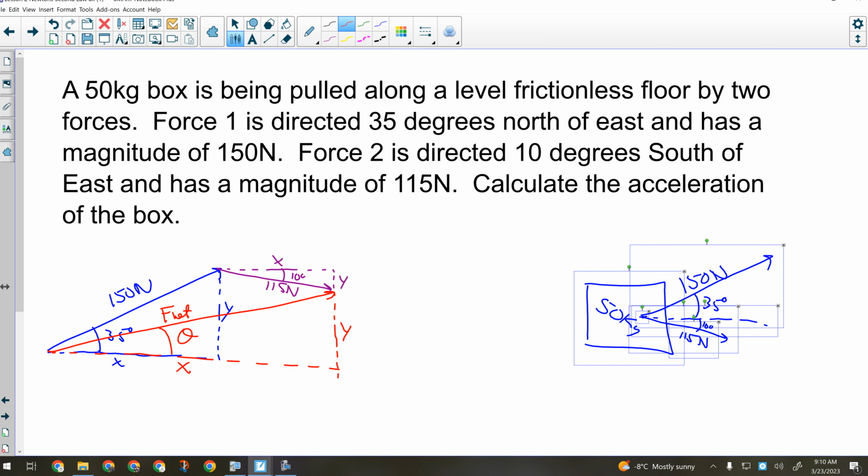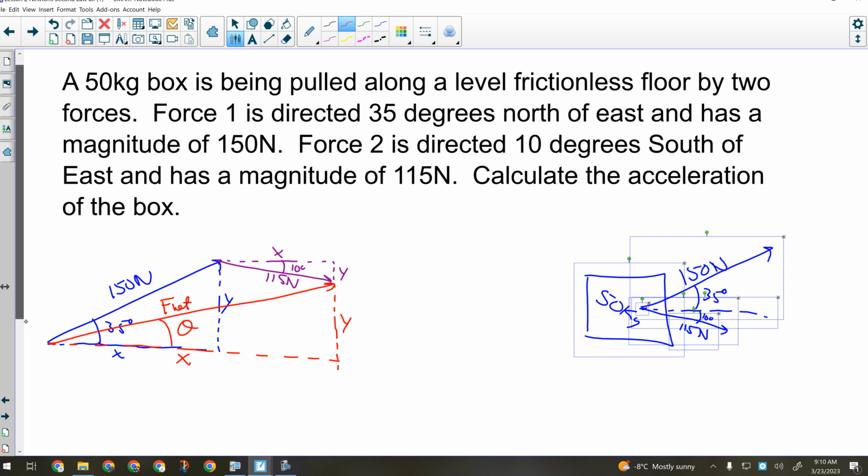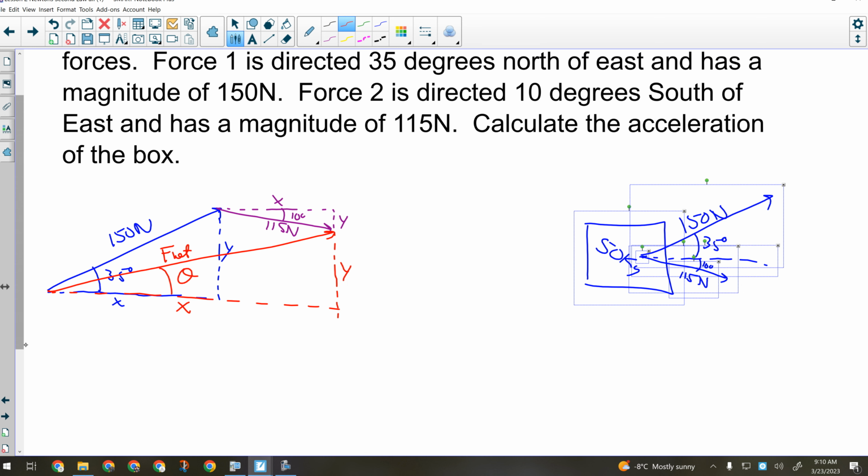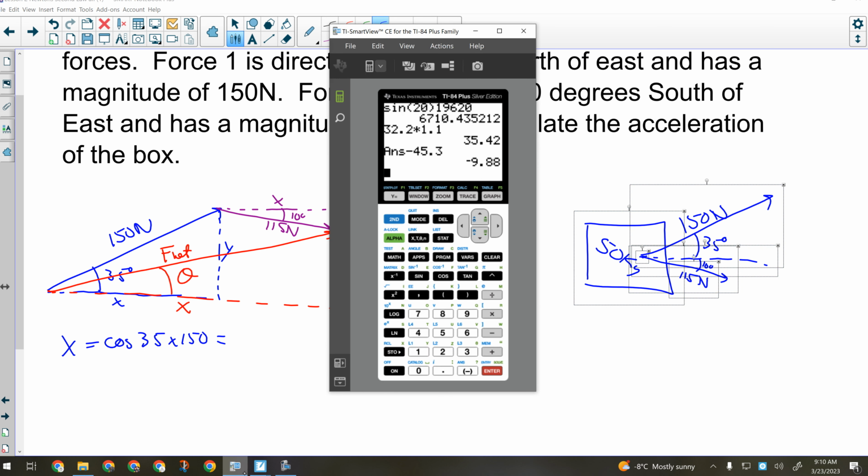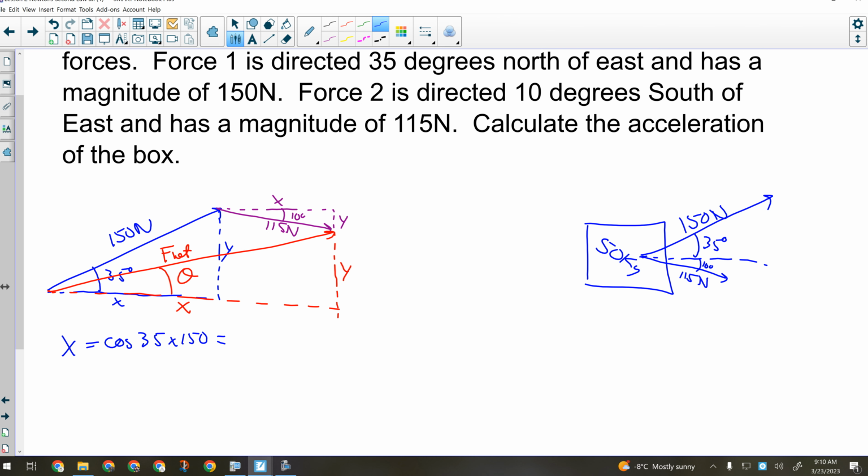Everybody all right with that? If I'd put meters on the end of those two numbers, you'd have drawn that no problem. You probably drew it no problem anyway. Now that we've got our vector diagram, we want to calculate all of our components. We'll start with the blue line. Blue X is going to be the cos of 35 times 150, so 122.873 newtons